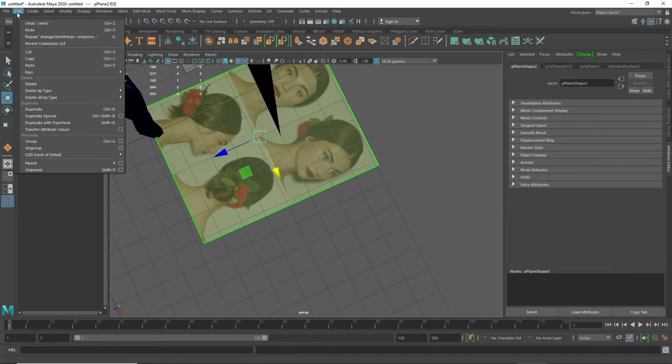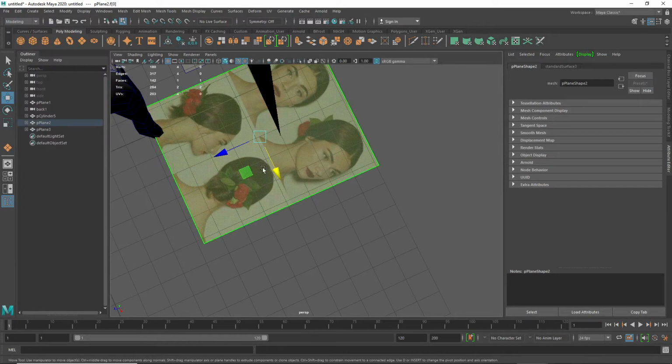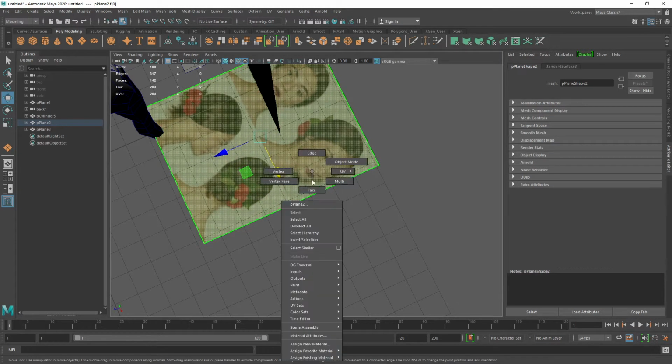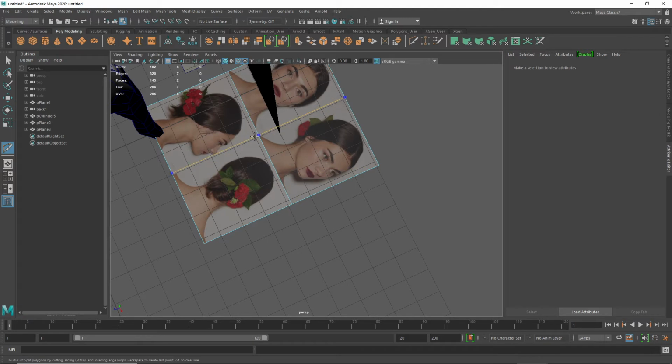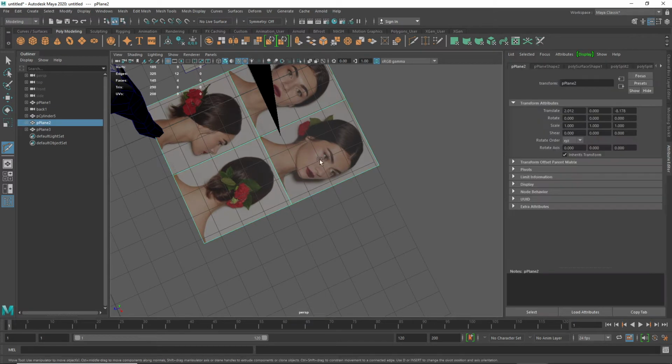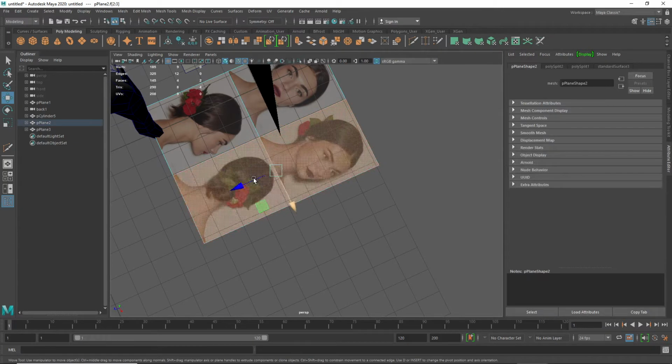I'm just going to go and delete history, and then we can go in and multi-cut 1, 2, and all I need is these two pieces. So for object mode, or not object mode, I'm going to go to face, I'm going to delete these two